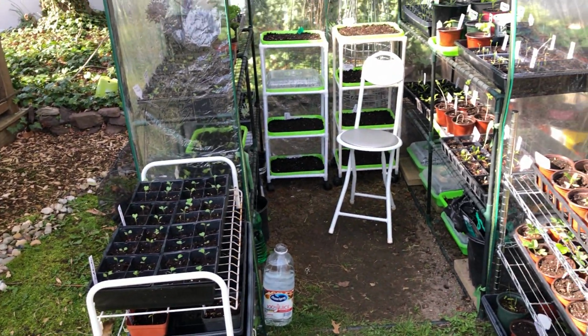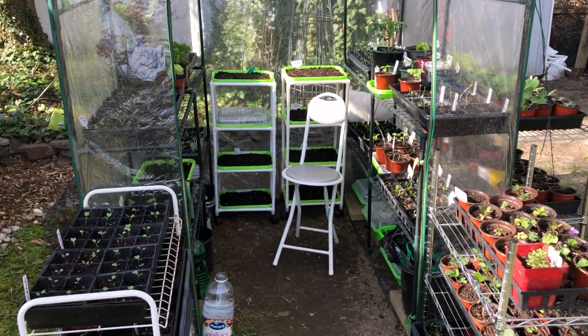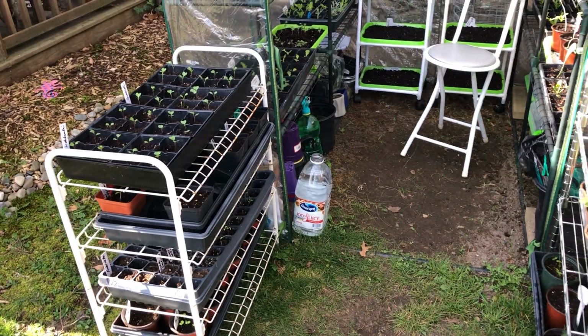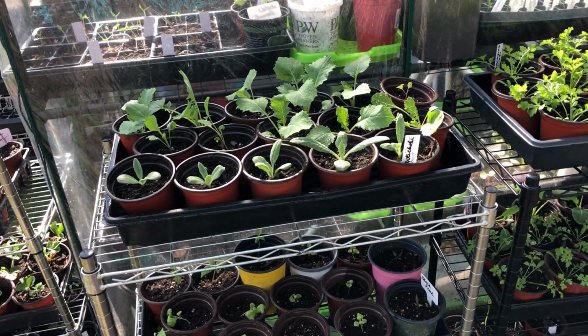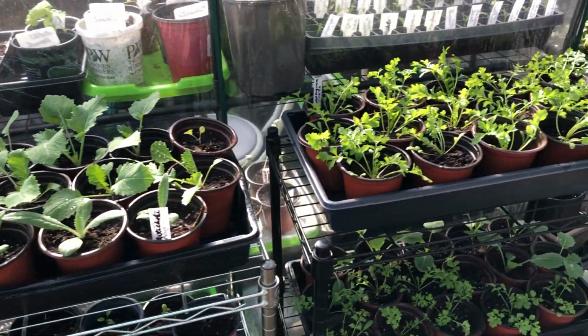So we're out here in the greenhouse. There's my greenhouse, and I got a chair in there and my water. And I wanted to show you what I have growing. Oh, and I guess we'll start outside. So these are some things that I'm trying to get used to the sunshine being on the outside of the